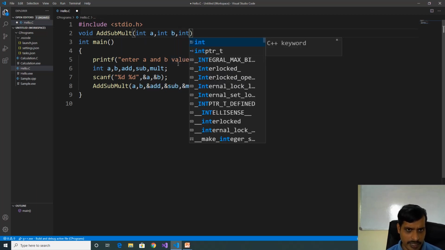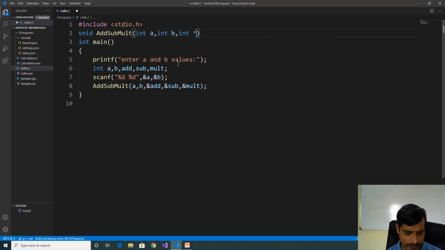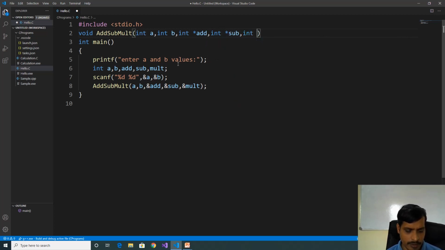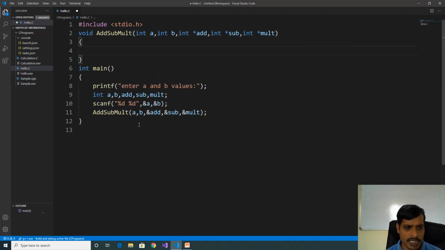Here int pointer add, int pointer sub, int pointer mult. Here we are passing arguments as A, B, address of add, address of sub, address of mult, and declaring parameters as A, B, add, sub, multiplication. But you can provide any names.